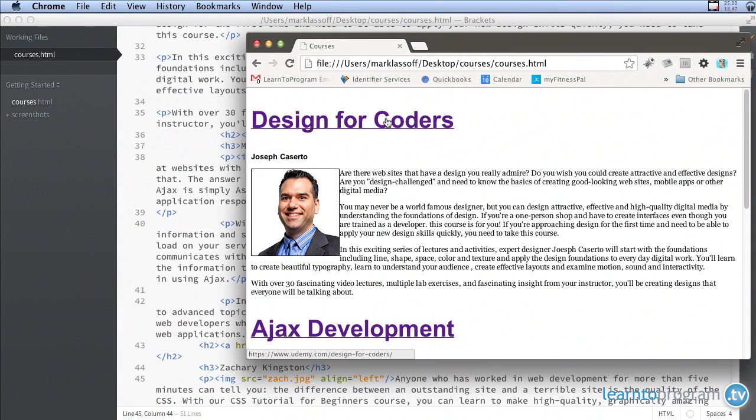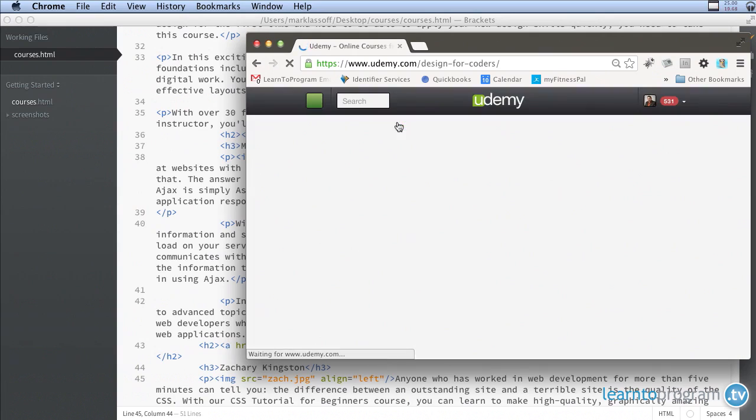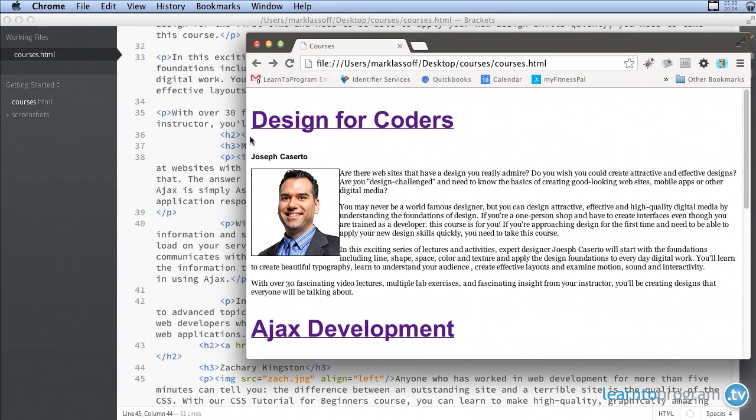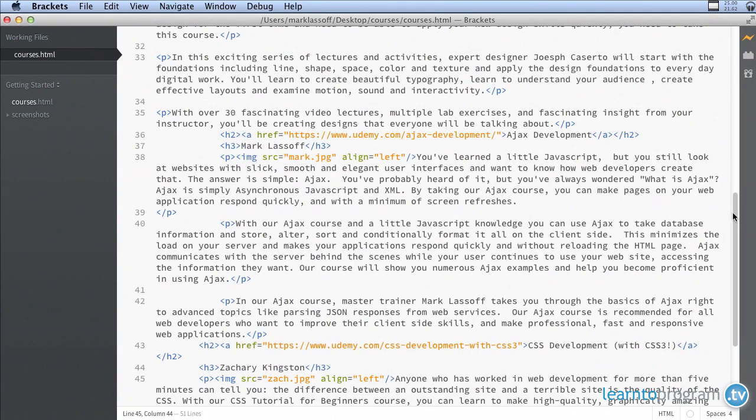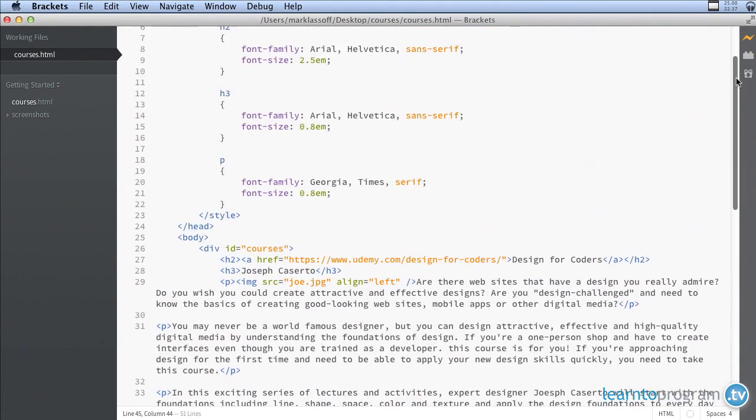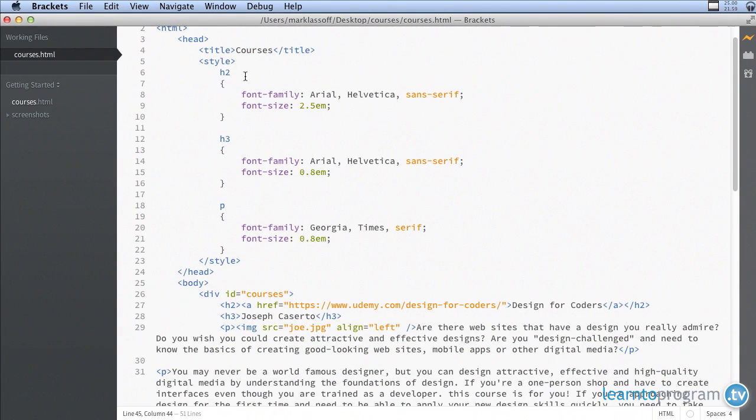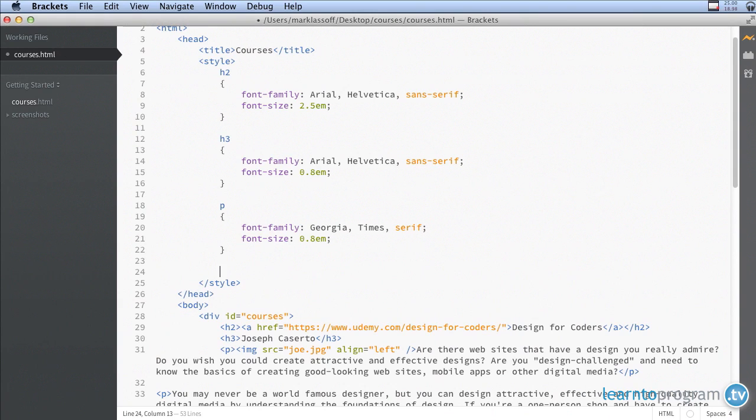The last thing I want to do is remove the underline from the links. Right now, these are all links, and if we clicked on them, they'd go to the landing page for this particular course. So what I'm going to do is I'm going to remove that underline. Now, anchors are a bit different when we use these in CSS. Notice we've matched the H2 tag with an H2 selector, the H3 tag with an H3 selector, and the paragraph tag with the paragraph selector. So the anchor tag,